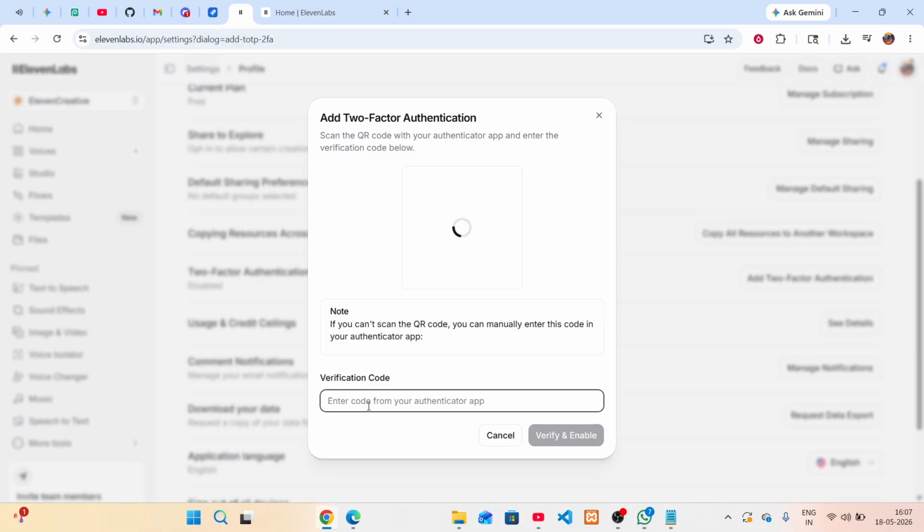After a moment, you should receive a text message containing your verification code. Grab your phone, check the message, and then enter that code back into the provided field on the screen. This step is essential, as it verifies that you have access to the phone you've registered. Once you input the code and confirm it, 2FA will be enabled on your account. This adds an extra layer of security, making it much harder for anyone else to access your information without your